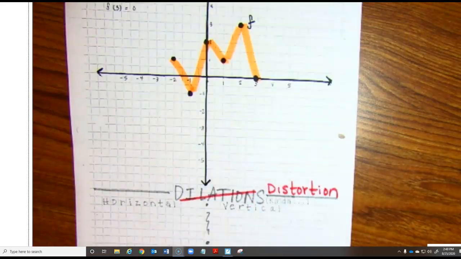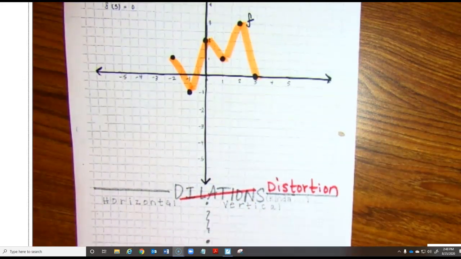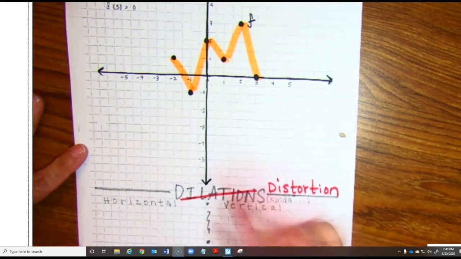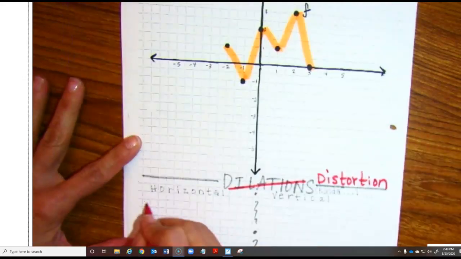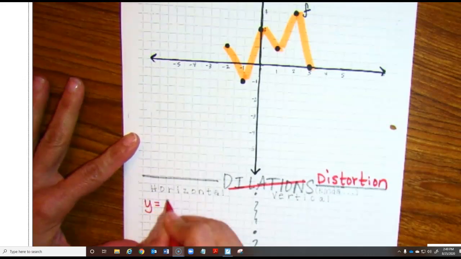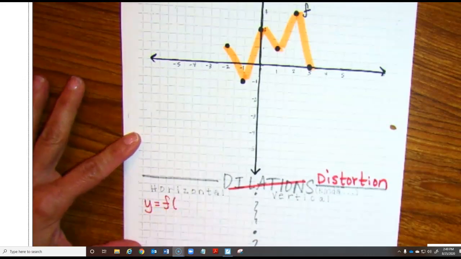Here I am back on your dilations template, and if you notice, I crossed out the word dilations and wrote the word distortion because it truly does change the shape of the function. So let's go ahead and take a look at what a horizontal stretch or compression is going to look like for this graph of f. So let's take the graph of f and let's do a horizontal compression